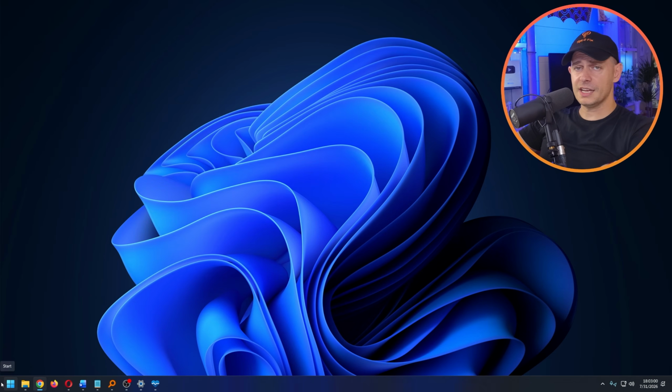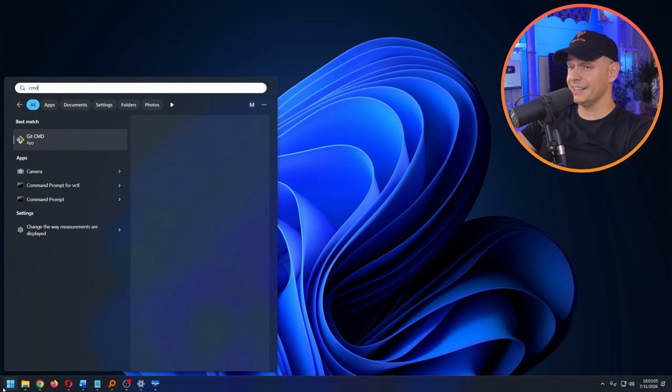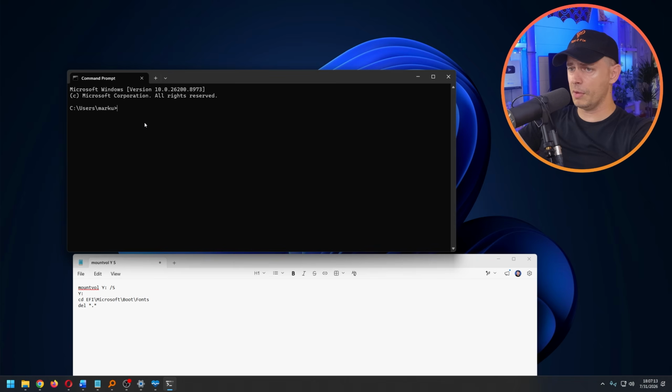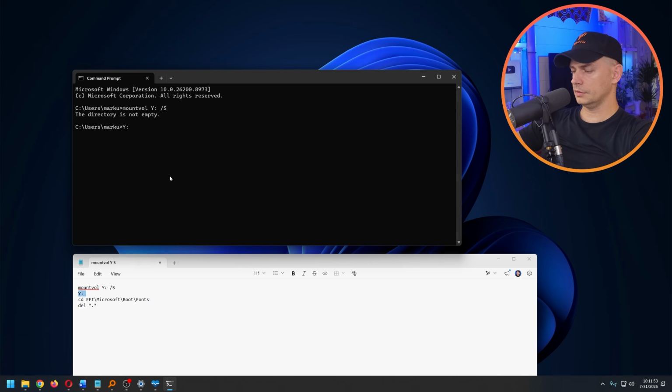If you want to fix this error when you try to install this upgrade, I'm going to close this first. Now watch carefully, guys. Open up CMD. Yes, you have to do this. I'm doing it with CMD commands here, but if you don't want to apply CMD commands, I will show you the registry file. You just double click and done. Okay. I'm going to copy this command, mountvol Y: /S. These are capitals, okay? Enter. The directory is not empty. Okay, good. And now when you type Y: and hit enter,